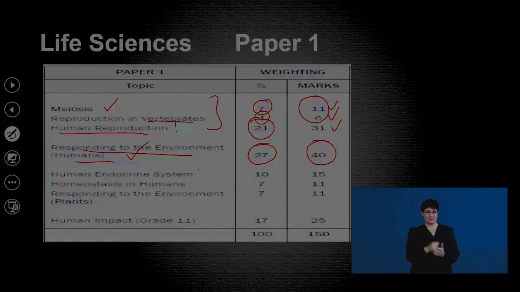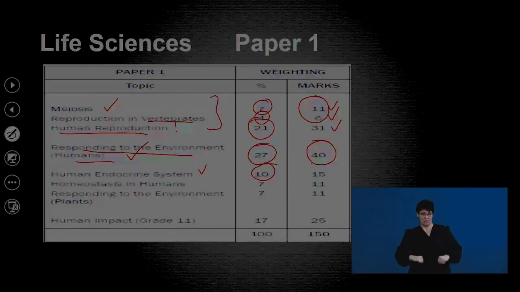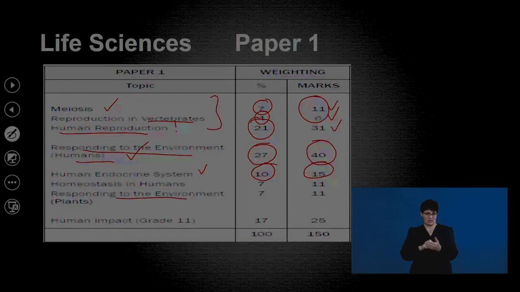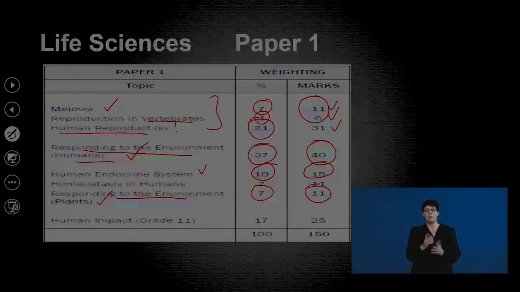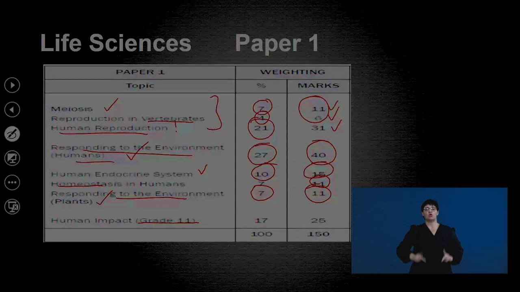The human endocrine system makes up 10% of this exam, which is approximately 15 marks. And then we have the response of plants to the environment, and that's approximately 7%, with 11 marks contributing to that. I did skip homeostasis, that's also 11 marks. And finally, we have the section on human impact from grade 11 that is brought into your grade 12 here,